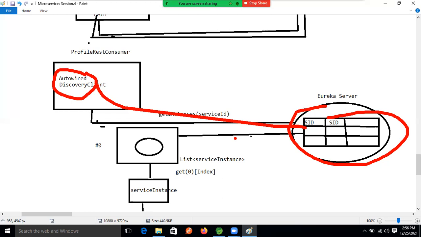Even I thought that REST template and discovery client are both used to call the other service. Now we got the difference; they are totally different. REST template is used to consume the service, and Feign client is used when we want to use some functionality of another application.